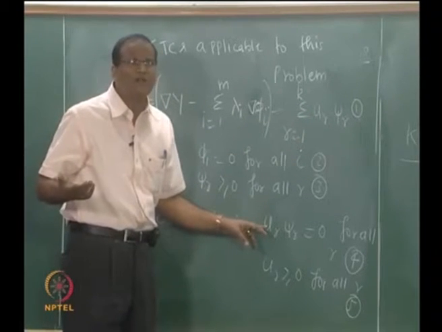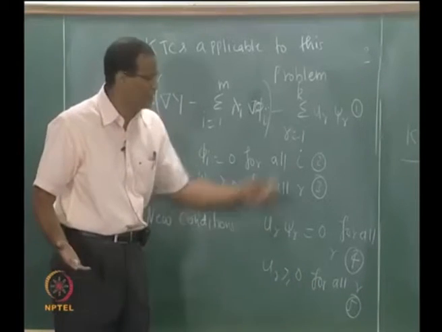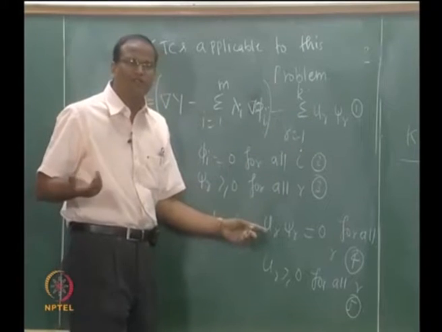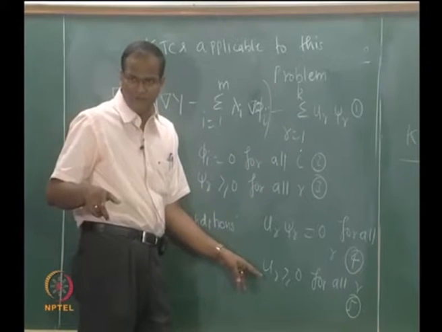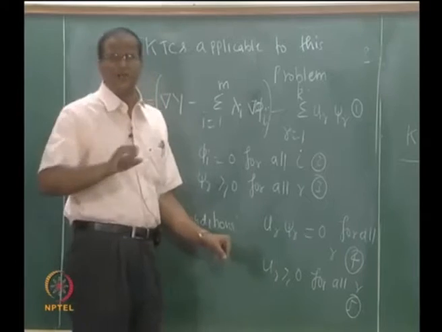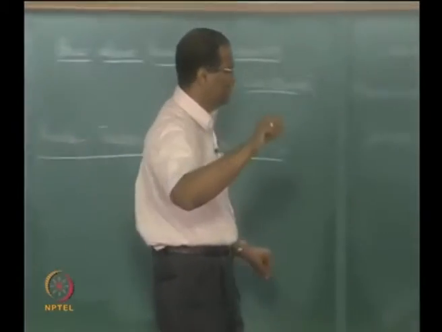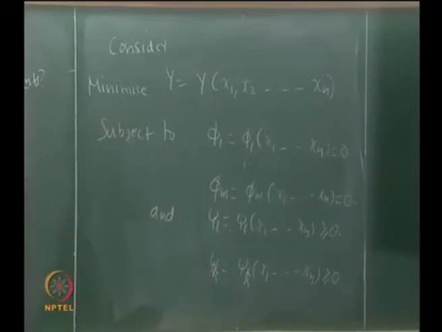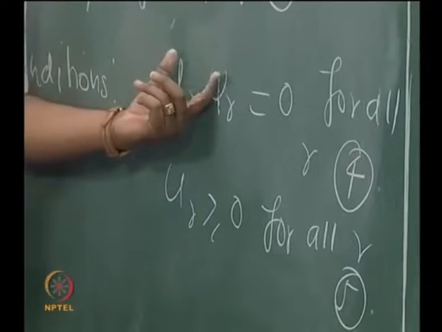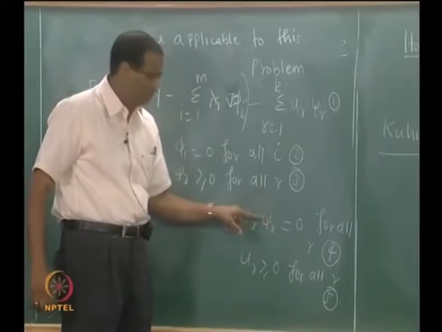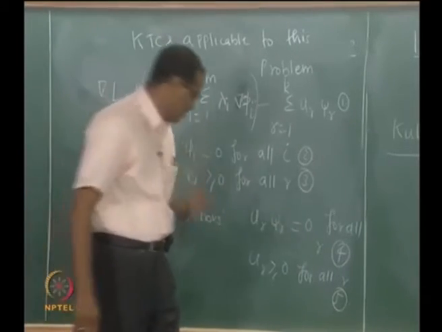It is no longer an active or binding constraint because it no longer affects the solution if u is equal to 0. We are worried about those cases where u is not 0. If psi is equal to 0, then it is a problem because it is an equality constraint, it is a strict condition, equal to is a strict condition. So there is a complementarity involved in this, either this or this. So this is called the complementary slackness condition.